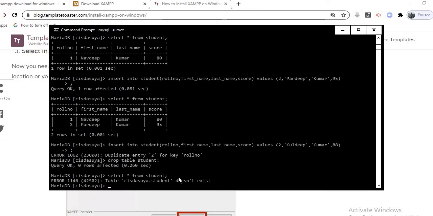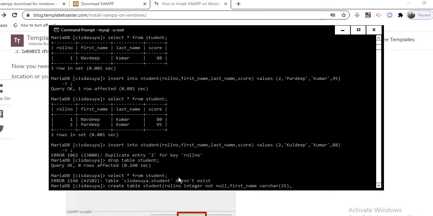We create again the create table, and now we create the student table with the attributes roll number, whose data type is integer, and not null is the first constraint, then the first name, that is varchar 25.